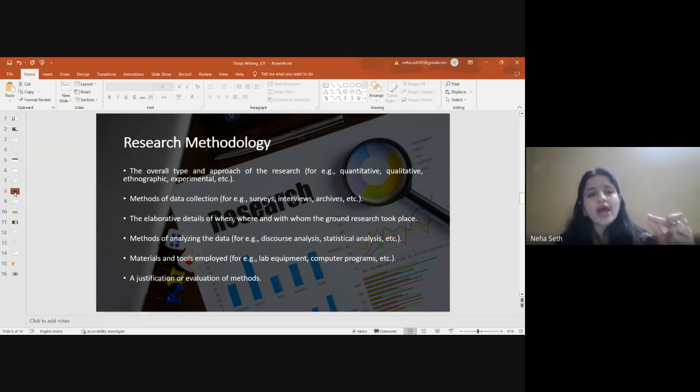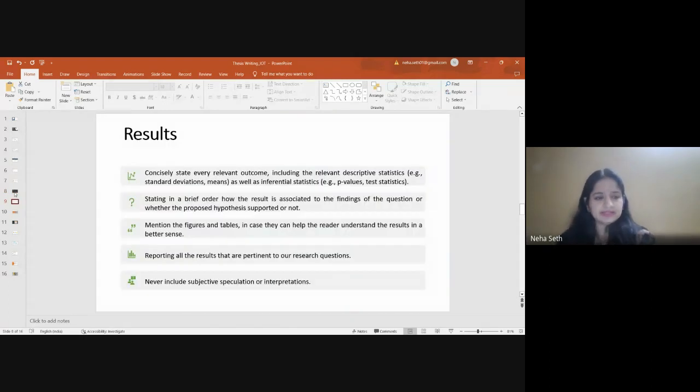Why is this particular method the right fit for your analysis? That answer should also be mentioned in this chapter. This chapter should be a clear-cut view of what is going to happen after this. Okay, so once we are done with this literature,